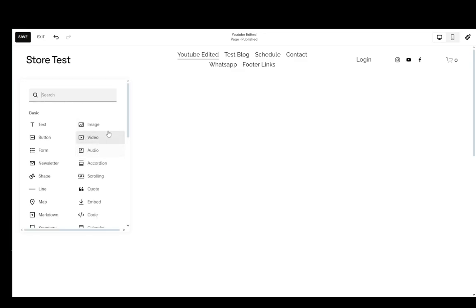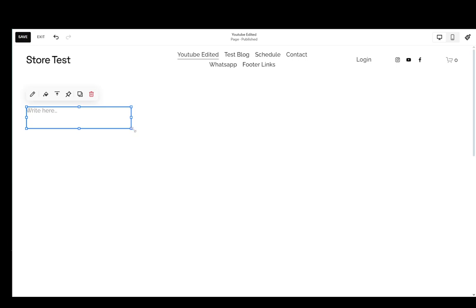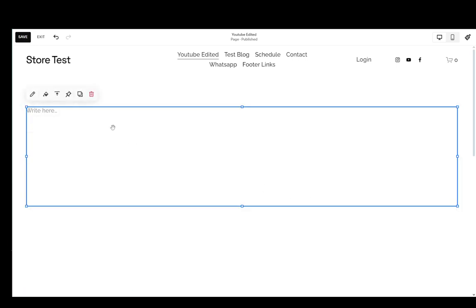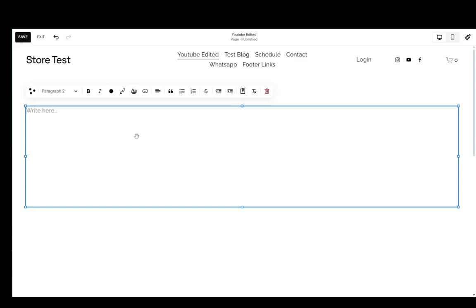We're going to click on the add block button in the top left, and as you can see, you have a text block which you can enter. You can resize this to any size that you want, and then you can just double click to start writing. You can add any sort of text that you want. I'll just add test 3 times, select the text, I'll just make it bold as an example,